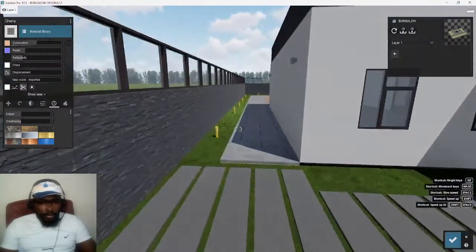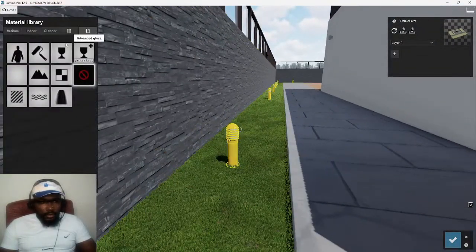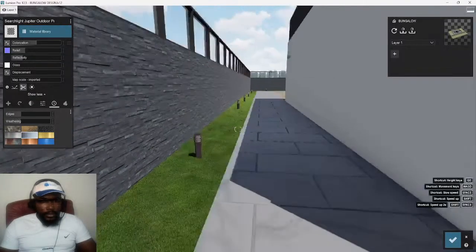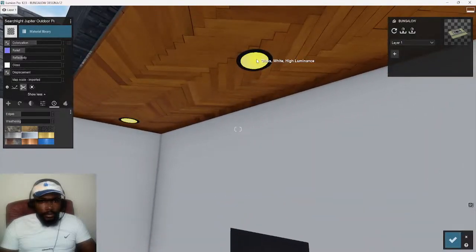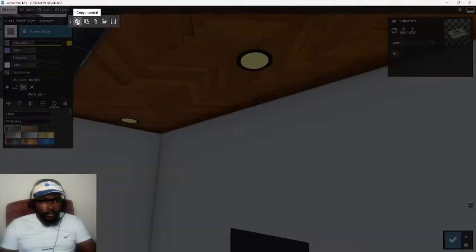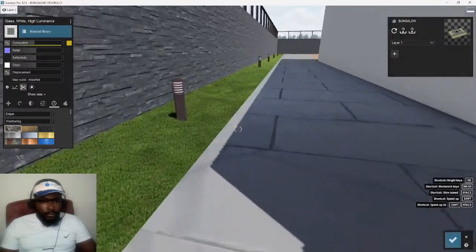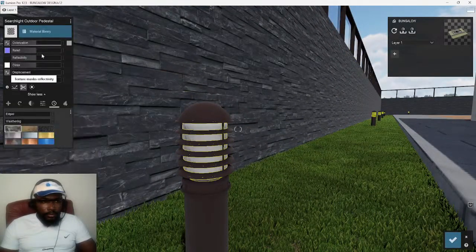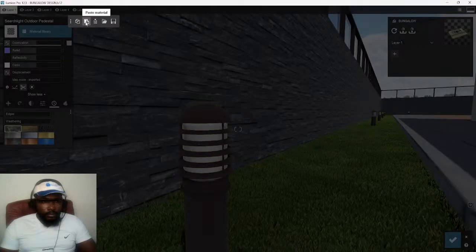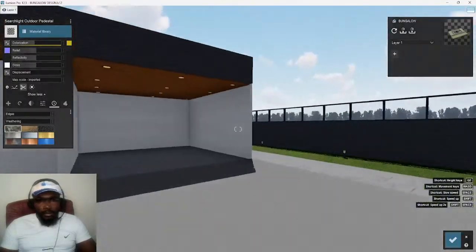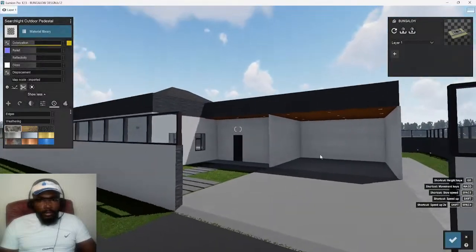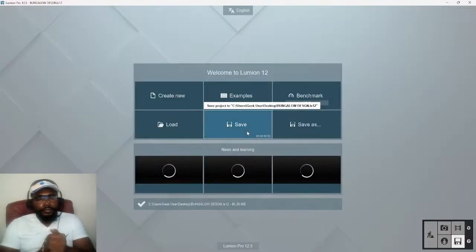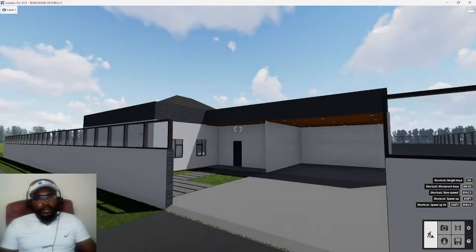Oh, one more. These garden lights. And also, I want to copy this and paste it in here. All right, okay. So there we go. We just save this. And coming back in here,